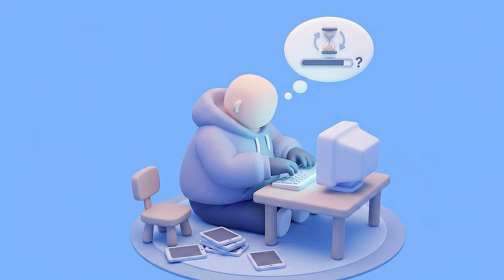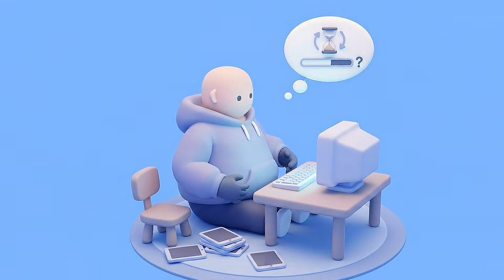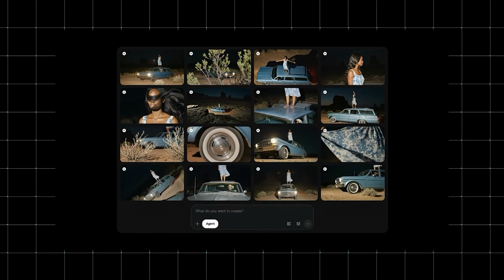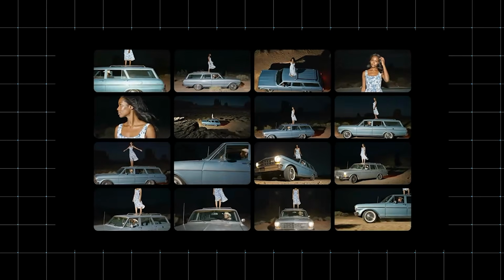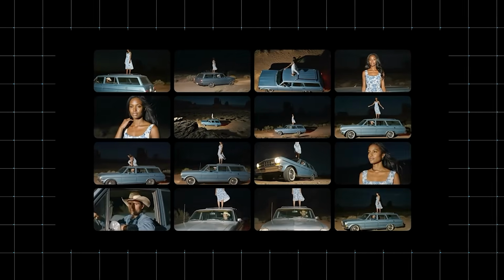Sitting there typing 50 prompts and waiting for each one to render is a complete waste of your valuable time. With this update, you can feed the Flow Agent a structured list of prompts, parameters, and formats all at once. You can copy and paste a text list, and here is how you do it.